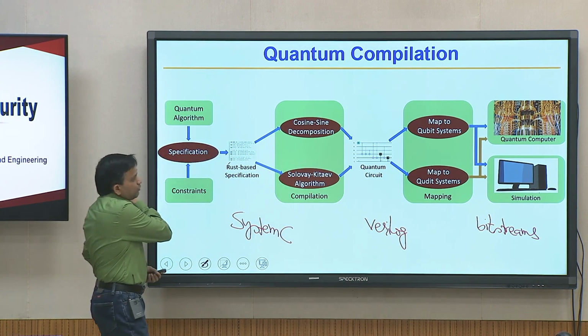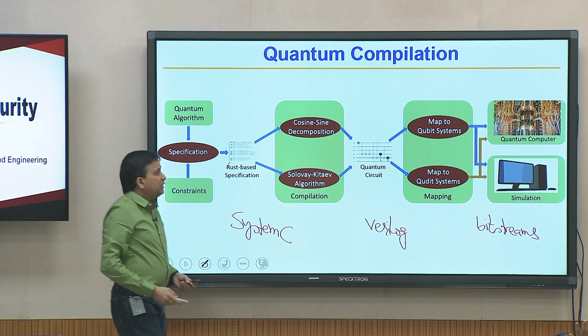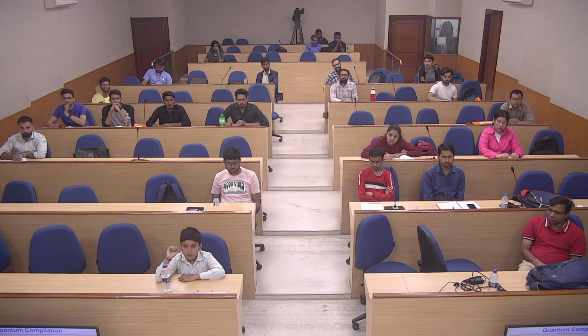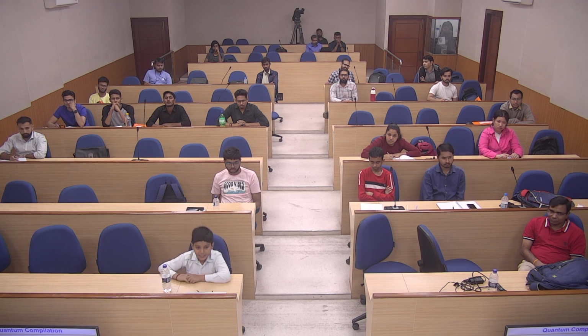I will show you that in a moment, those are electrical pulses. Anybody has a question on this full flow? These are basically, go ahead please. These are basically electrical pulses, the pulses that would be given to the qubit. Yes please. My question was about electrical pulses. I will show you the pulses in a moment. Anybody else have any questions?